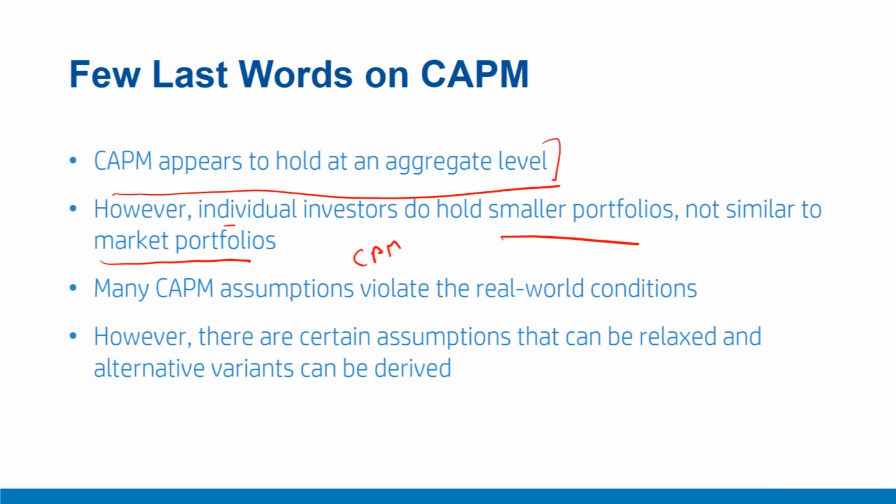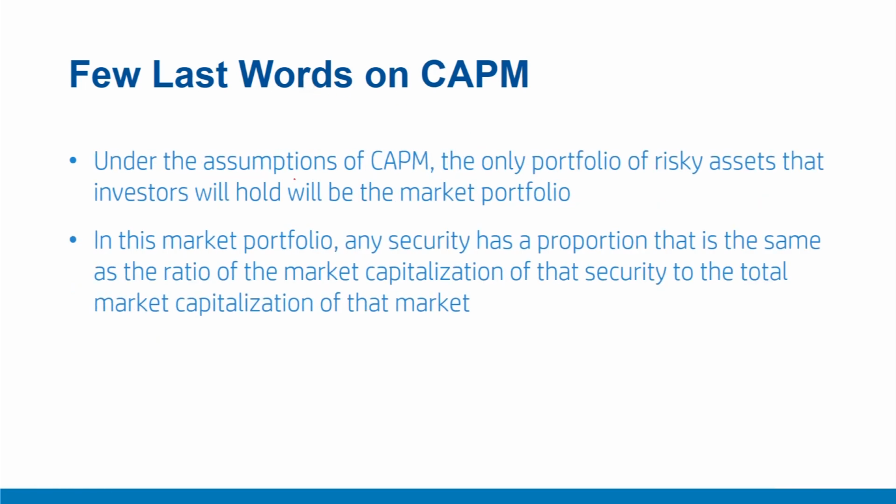But it has been found that some of these assumptions can be relaxed and alternative variants of CAPM can be obtained. While these variants are slightly more complicated than simple CAPM, they attempt to relax some of these assumptions and incorporate the resulting changes in the risk-return relationship. As we discussed,